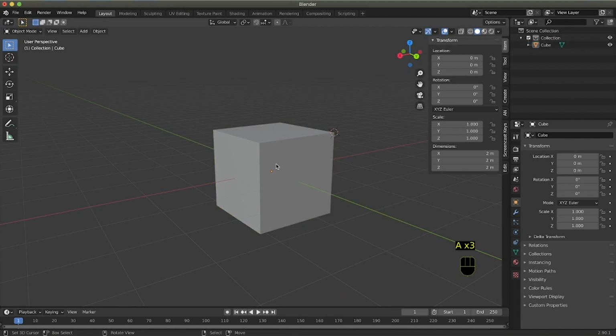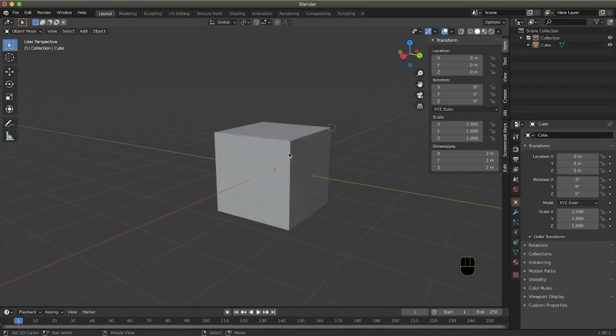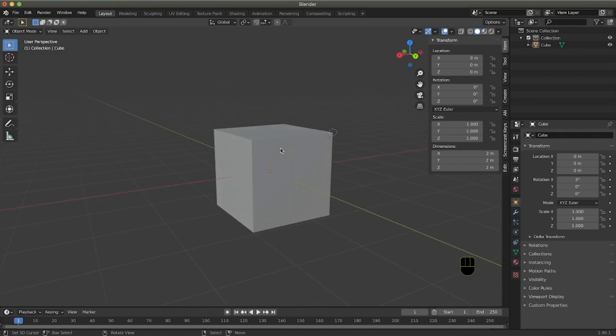I can press A twice, or if I have my cube selected, I can simply press Alt A, and with Alt A I deselect everything. Alt usually reverses the command of a combination of keys. So if with A you select everything, with Alt A you deselect everything.